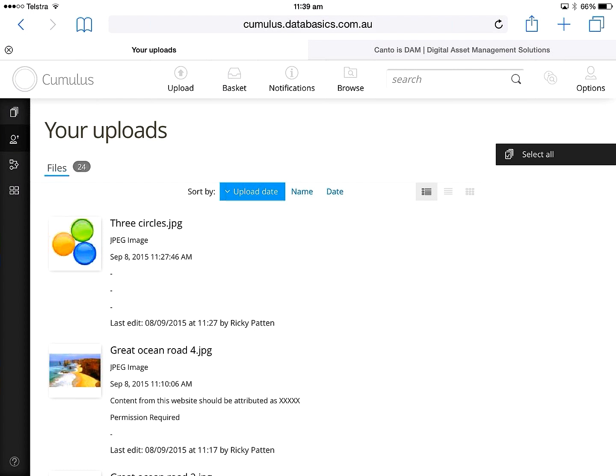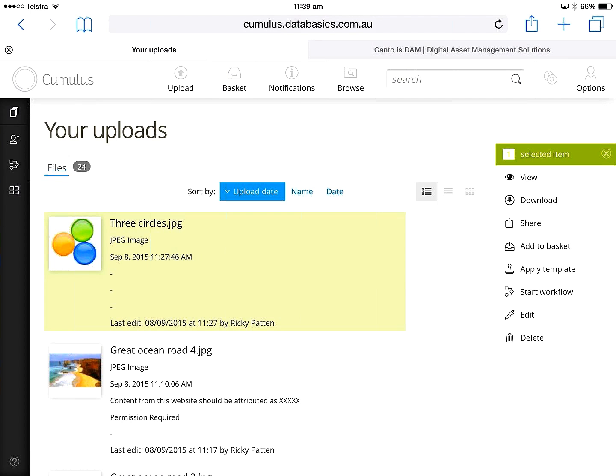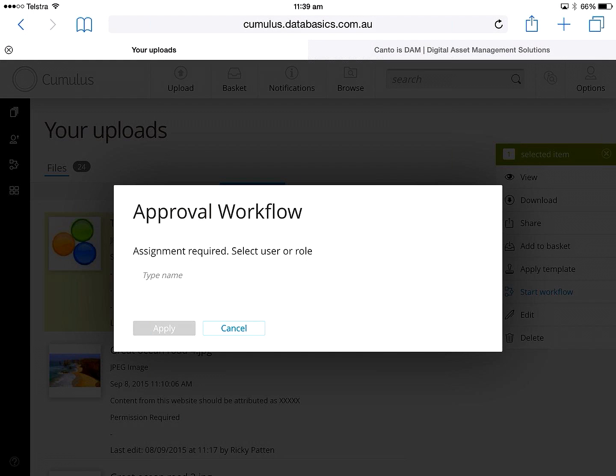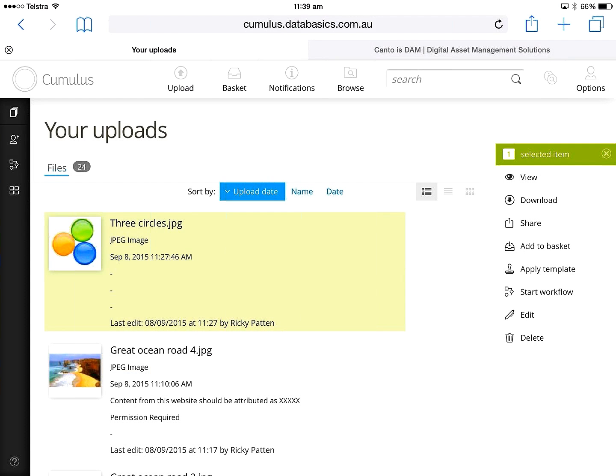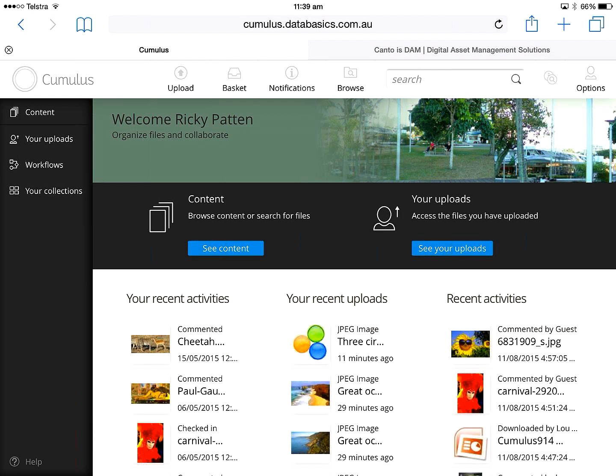I can go and have a look at my uploads. I can choose some assets like this one here. I can start a workflow. Everything that I've shown you so far, it's all available via your smart device. I'm using an iPad. This is all HTML5 or whatever, so you can use this from your Android device, your smartphone, whatever you like. So that's really fabulous, and it's one of the big requirements for a web portal interface,